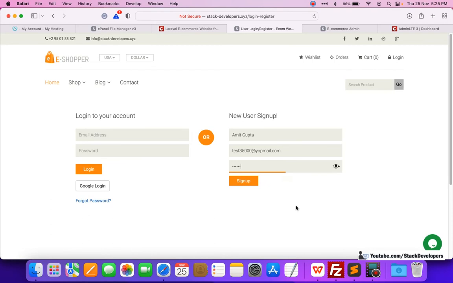So the user that I am registering on the basic e-commerce website will also get registered to the advanced e-commerce website, meaning it will get registered to the second website. I am registering the user to the first website, and it also gets registered to the second website along with the first. Okay, so I'm going to click on sign up here.